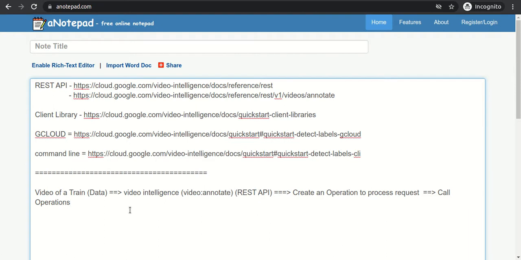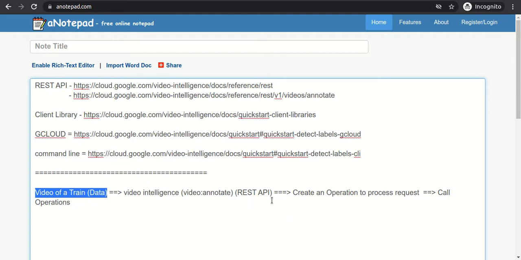Internally, we use the video intelligence REST API and pass the data in JSON format. In the JSON we pass the URL, then a colon, and then as the value the bucket location.